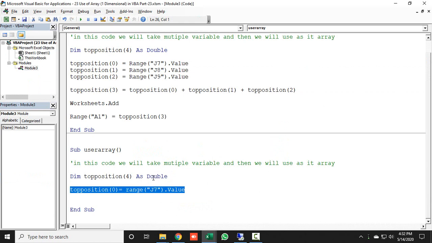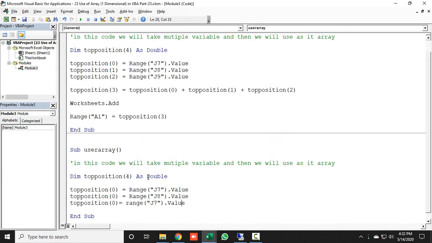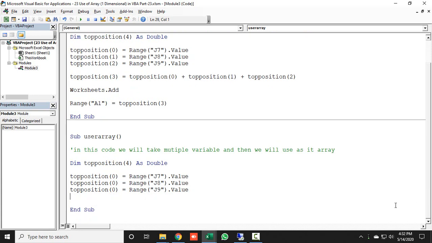Now I need to repeat this multiple times, so I will select this and copy it, and this time it is J8, then again J9. Now in the fourth variable we want to display the sum of the first 3 months' sales data on another worksheet.